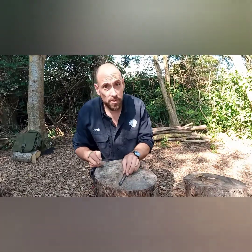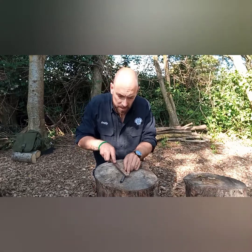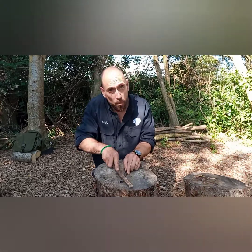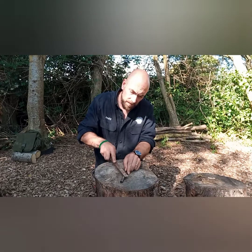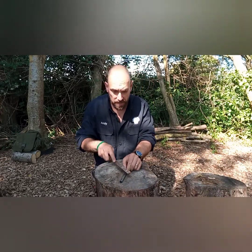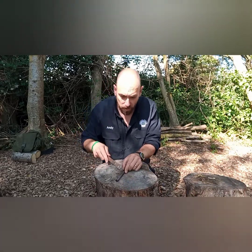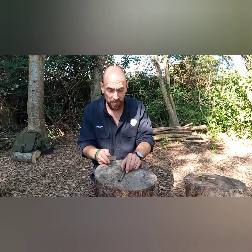Okay, so I've got my file, and what I'm going to do is place my ferrocerium rod down on a stump or bench, wherever you are, and I'm just going to gently start working my way along. And slowly I'm going to start to take these speed bumps away. If I go too fast, I'm going to create sparks, not a problem, just all the bits of metal that are coming off there. You could collect them,